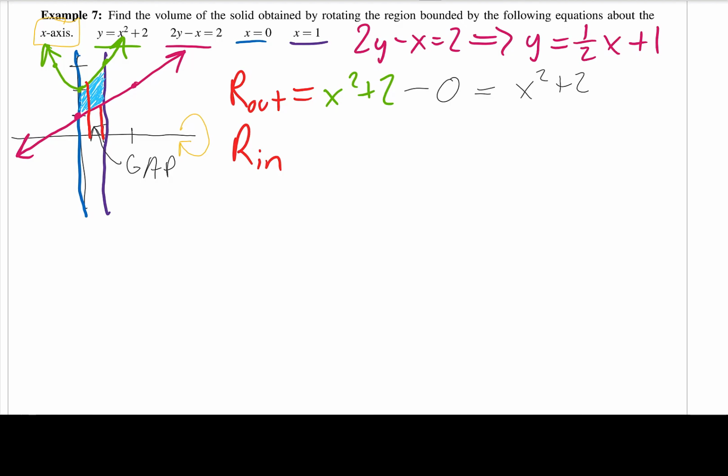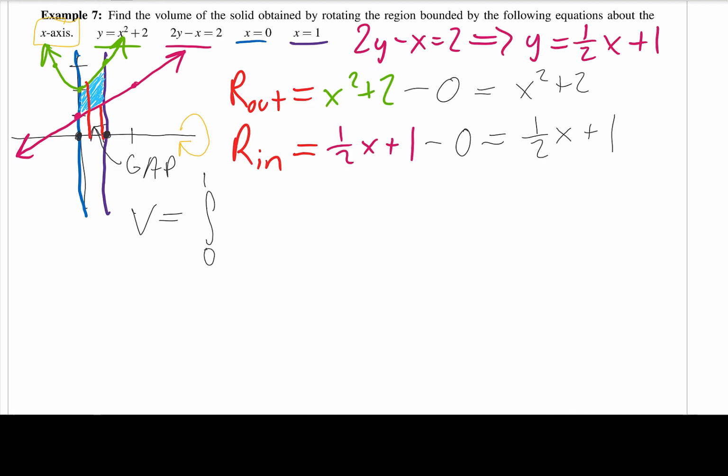Okay. So that's going to be the difference between the plumb line, which is given by 1/2 x plus 1, and then we take the difference between that and the x-axis, so minus 0. So we just get 1/2 x plus 1. All right. So then we should have our volume is equal to the integral between our bounds. So notice our bounds, we go from the origin, which has an x value of 0, to this x equals 1 line. Okay, so this is going to go from 0 to 1